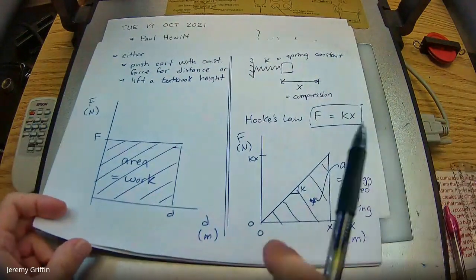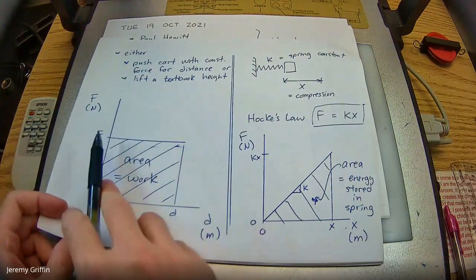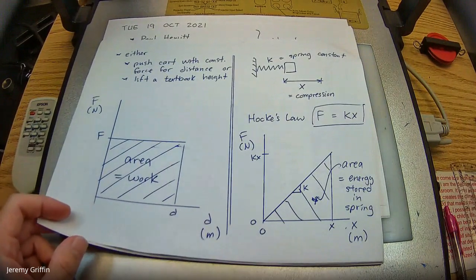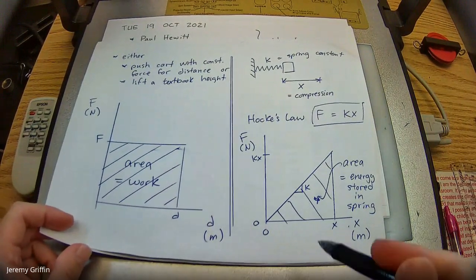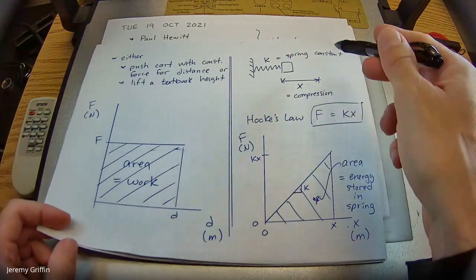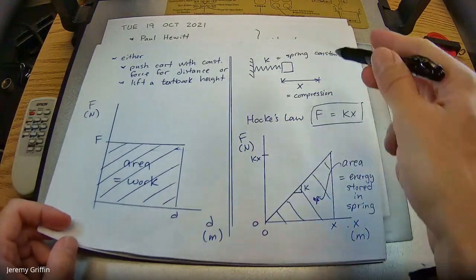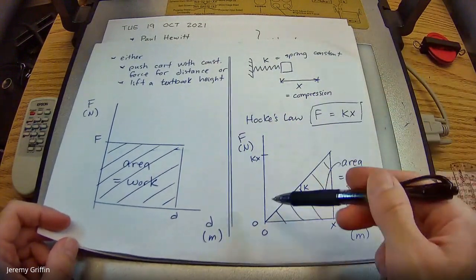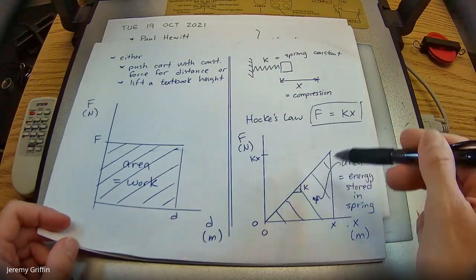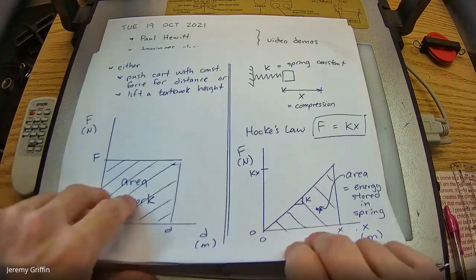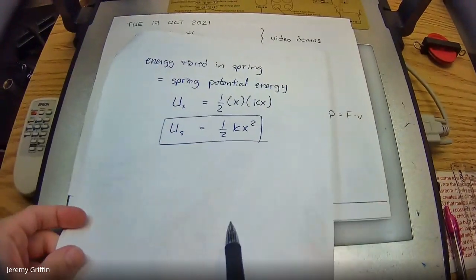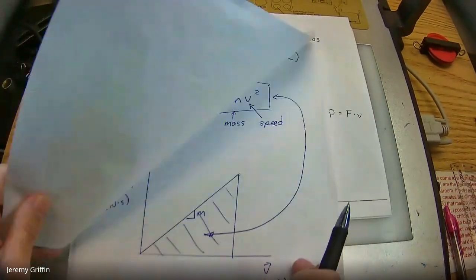We looked at a couple of graphs yesterday. So force versus distance. The area underneath that curve represents work, an energy transfer. And then another specific example, going back to Hooke's law, F equals kx for a spring. The more force, the more it'll compress. What's the energy stored in the spring? Well, it's the same set of axes pretty much. So it's also the area under that curve, which is a triangle. So 1/2 base times height. That leads to this formula, energy stored in the spring, 1/2 kx squared. That's what that is.